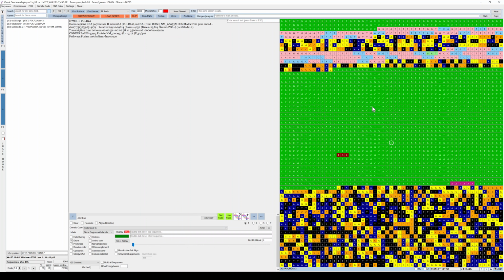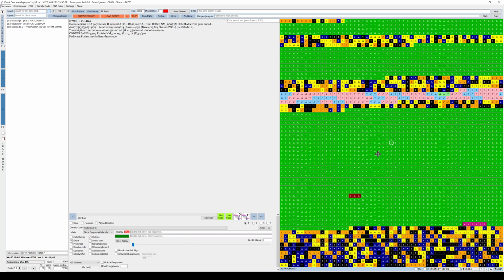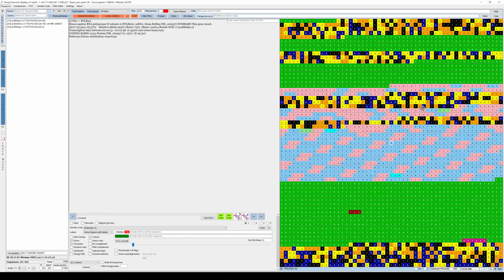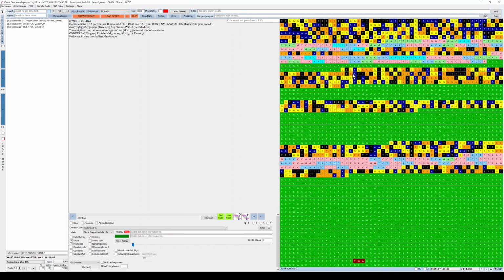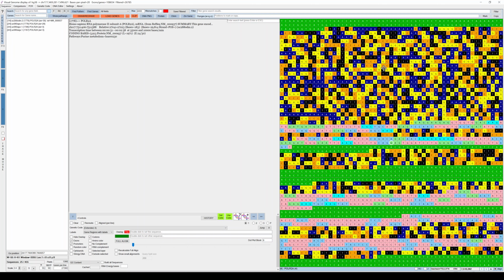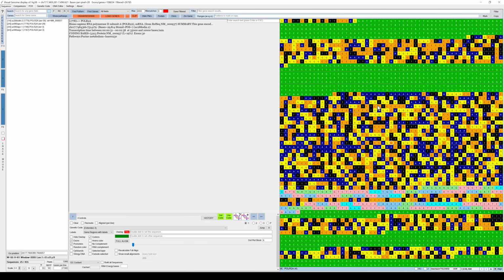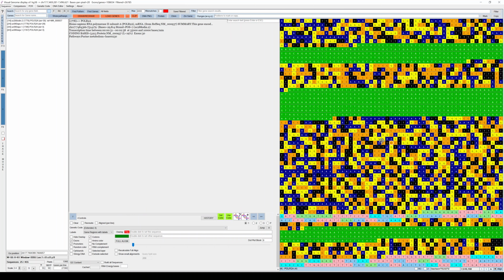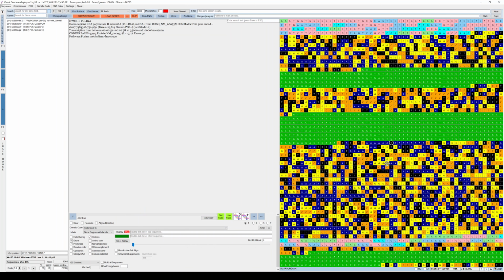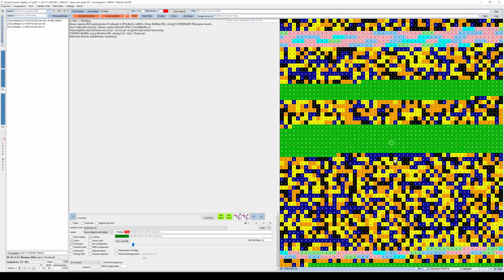So what happens then is the spliceosome goes and removes all these intervening sequences, which is shown over here. This is all removed to actually result in the final mature transcript.